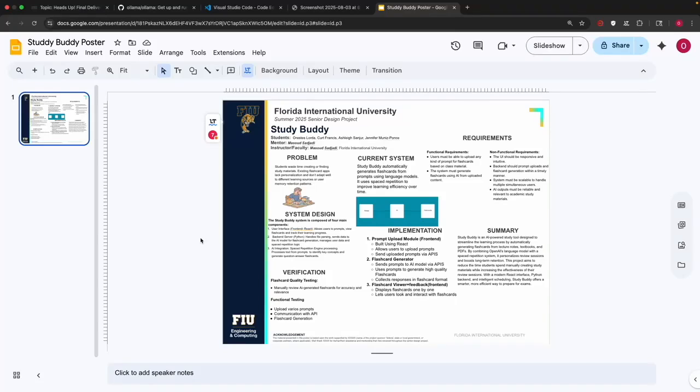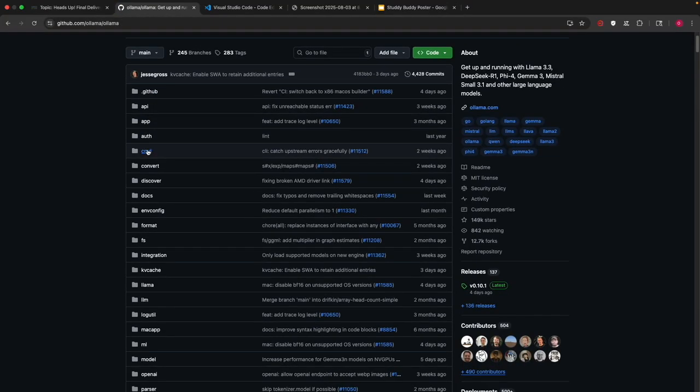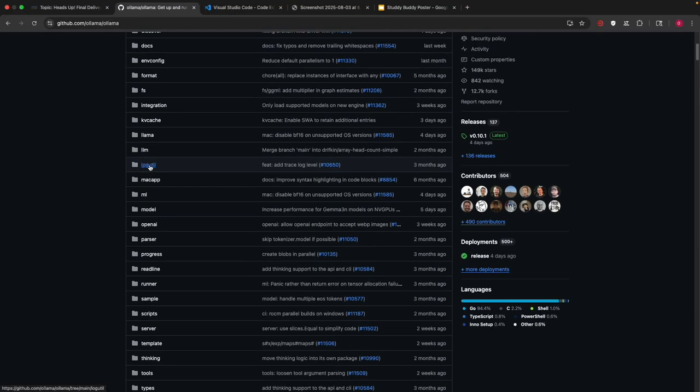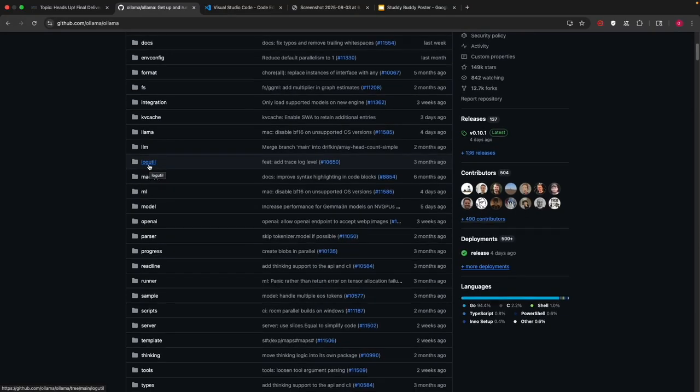This is just some tidbits for the installation guide of the project StudyBuddy. StudyBuddy needs three main things to be downloaded. First will be to download Ollama from its GitHub repository, which is given in the README of the final project